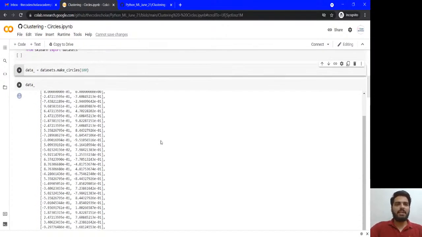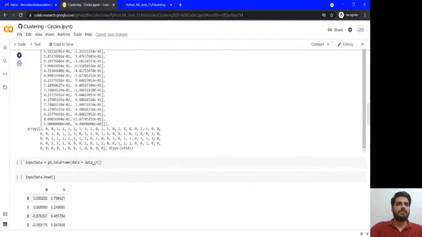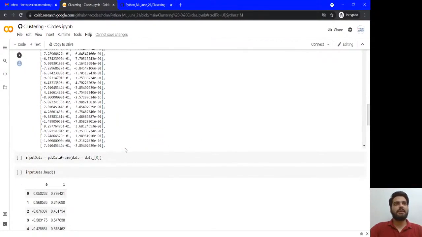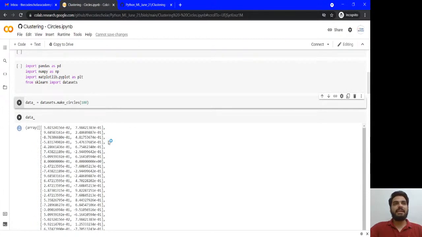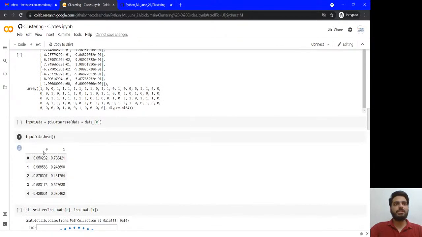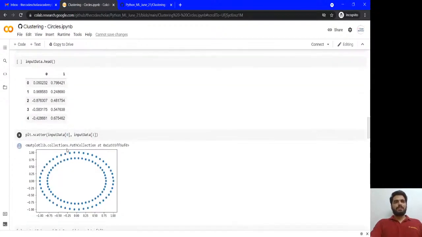This was the data that I have there, and some output is available. So I have made a data frame from this array, and this was how the data frame looked: 0 and 1. So 0 and 1, no column names. So there is no meaning. What is the purpose of 0 and 1? I cannot identify which is the output or input columns. So I've just made a plot for that, to see how it looks. You can see here very clearly they have very beautifully created something at the back end to make circles.